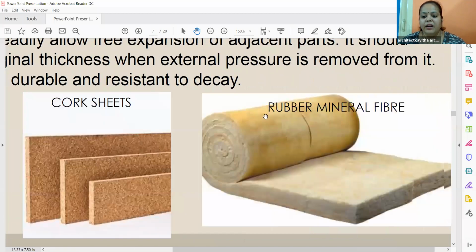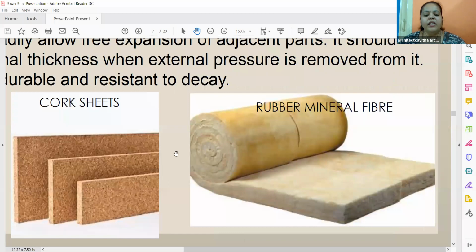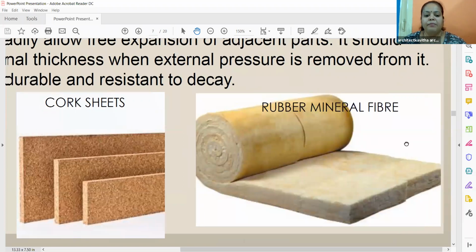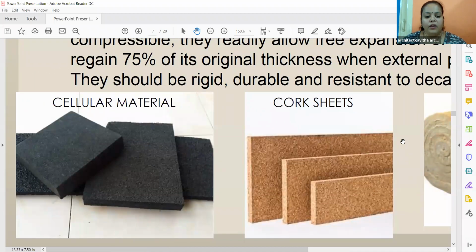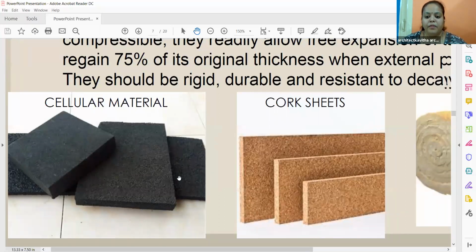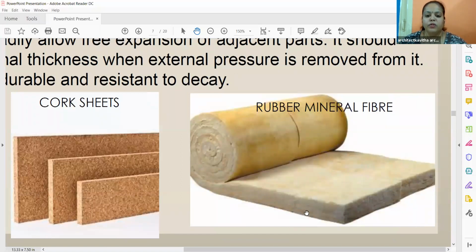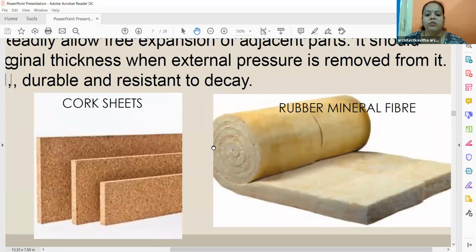And the other material is rubber, mineral fiber. Depending on the buildings, not everywhere are these sheets used. Depending on the purpose, for example if you need it for flyovers or roads, the width of the expansion joint is more. So the thickness will vary. Cork sheet will be maximum 20 to 30 mm. This can be given in buildings only. But if you want it for flyovers, you can use these kinds of materials where the thickness is more. So depending on the thickness, you can use these materials.